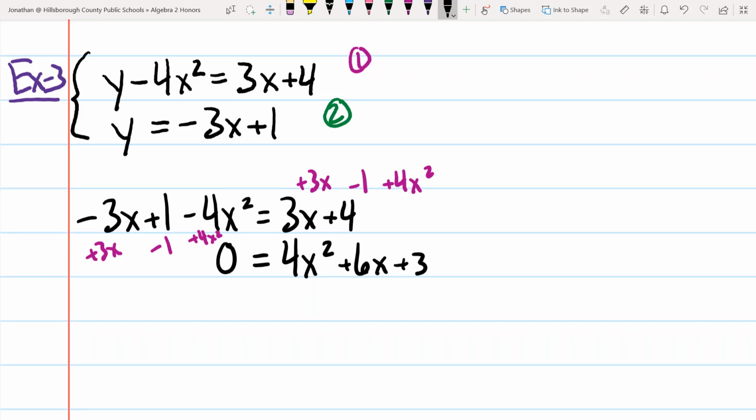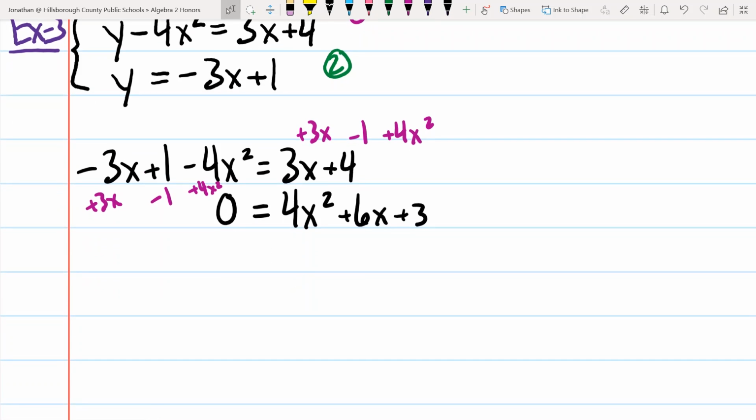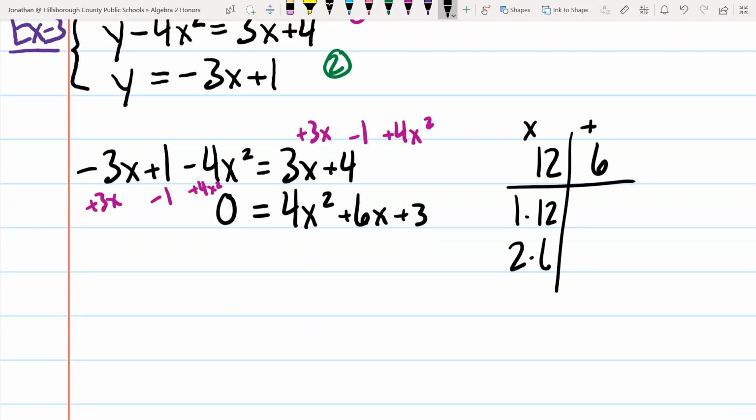All right. Okay, now you can use the quadratic formula or you can factor. You will get the same answer either way. With this one, it's not that large of a problem. This is where I'd recommend factoring. If you use the quadratic formula, you'll still get the correct answer, but it might take you more time than factoring one. So what multiplies to get us 4 times 3, which is 12, but adds to get us 6? 1 times 12, 2 and 6,